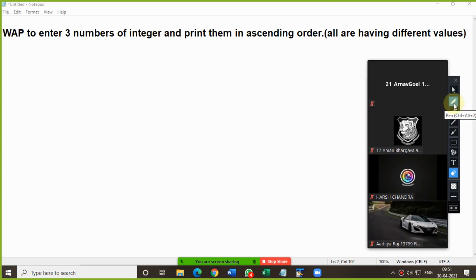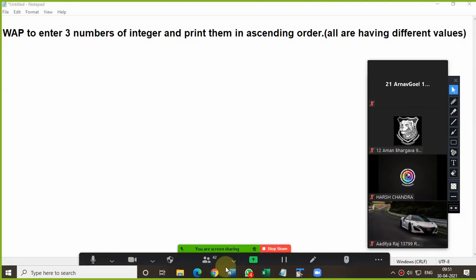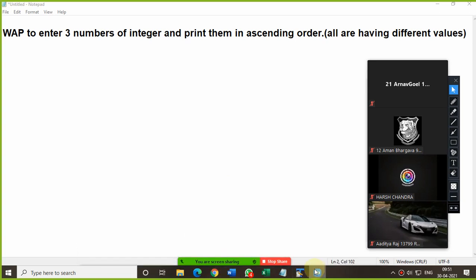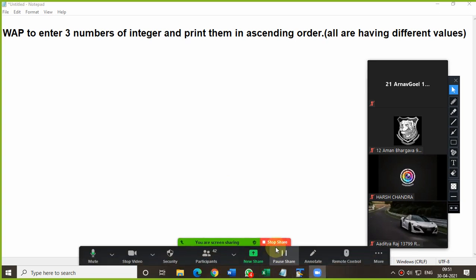Sir, with if else I am not able to do. Pardon? Sir, with if else I am not able to do. Abhijit? Yes, sir. No problem beta, I will explain. See, if you don't know, then we are here for that, beta. We are here for that part only, that what we don't know, we learn it. The things that one already knows, everyone knows.